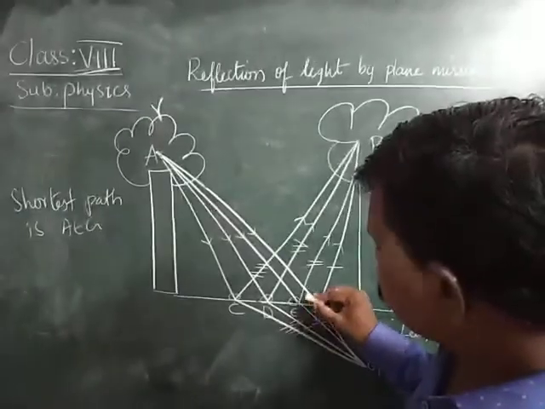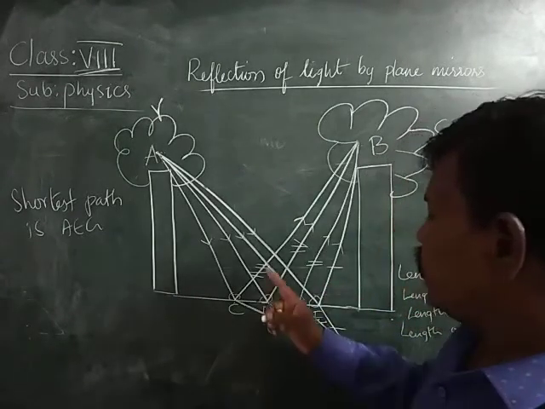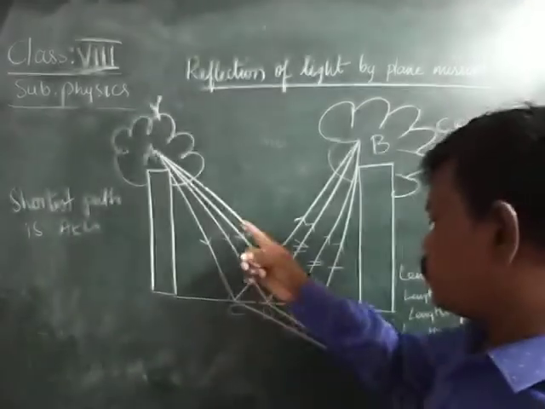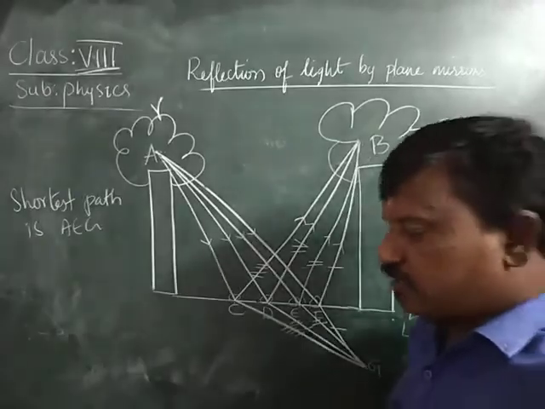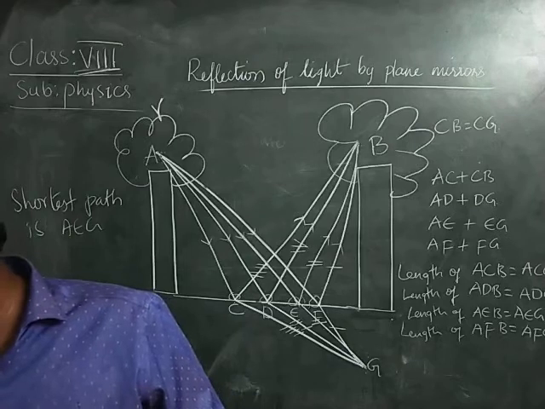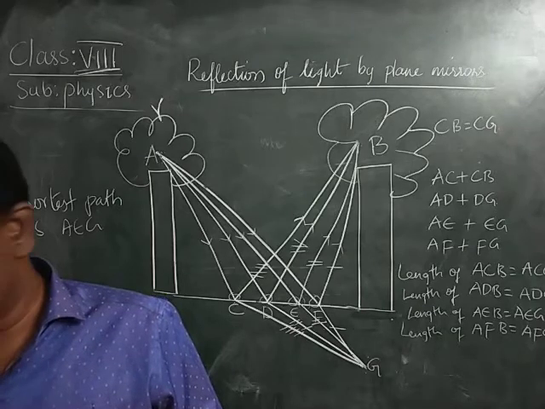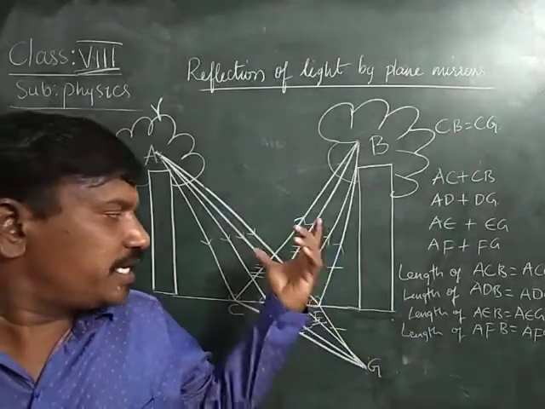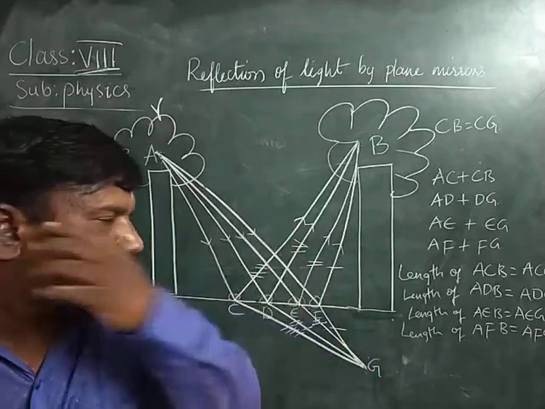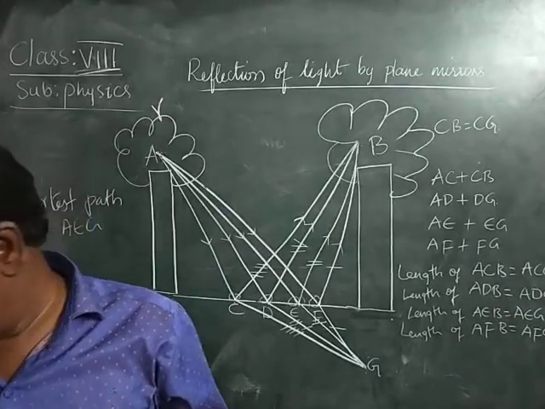Therefore, whatever angle this is here is equal to this angle. AEB is equal to AEG. This is where it travels the least distance, by looking at this figure. The shortest path is AEG because it is the straight line distance between A and G. Therefore, if you measure with a scale, you can see that AEG, or AEB, is the shortest path, where in the least time the crow reaches the destination B.